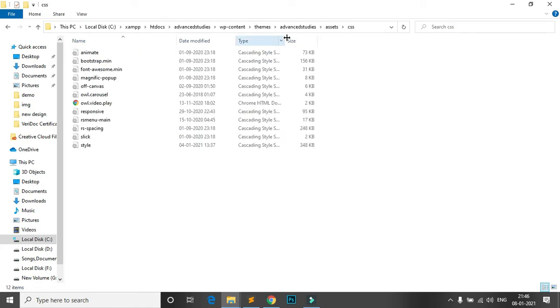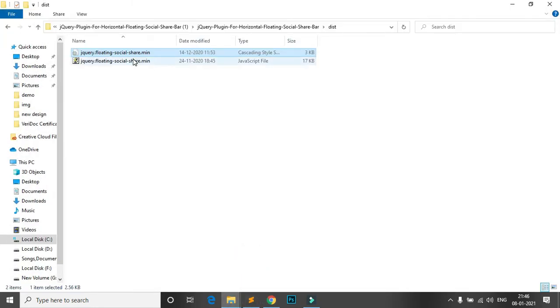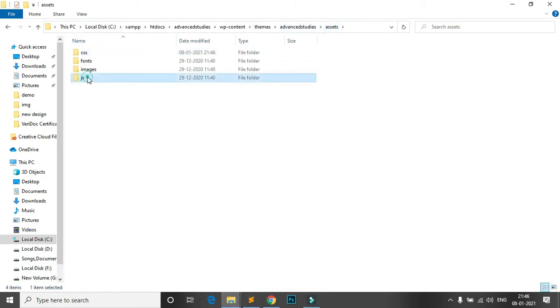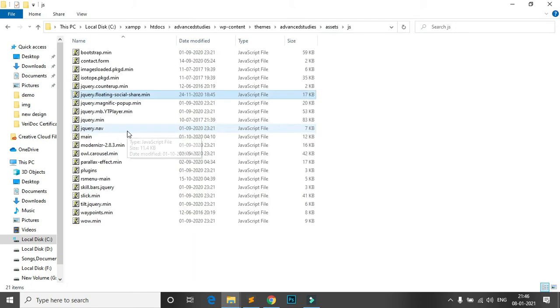This is my CSS folder. I paste it here in the CSS folder, and copy jquery.floating-social-share.min.js and paste it in the JS folder.